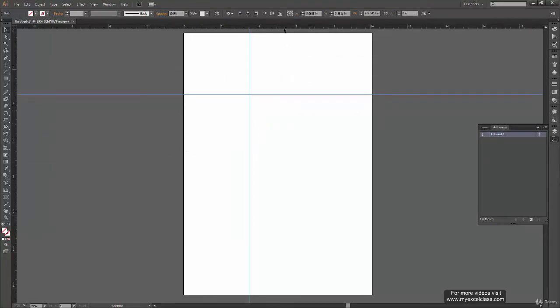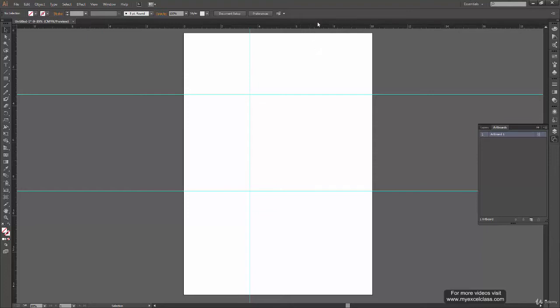So click on the ruler, drag and drop anywhere on the canvas. By drop I mean dropping the guide, and you have to release your mouse to make the guide over here. It's as simple as that.